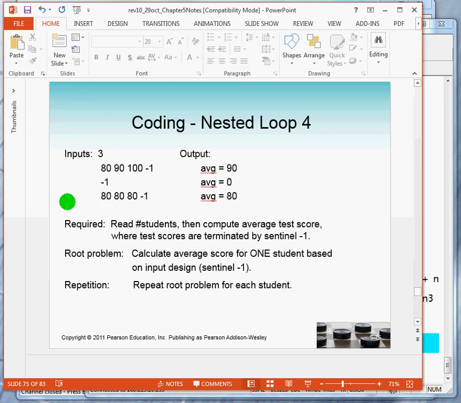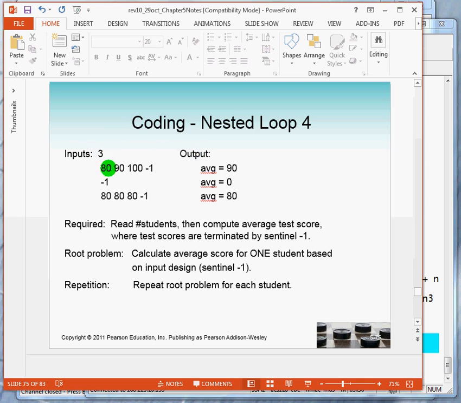Now the last example is a little different because there's nothing magical about for loops. I can nest any kind of loop inside of another loop. Now let's look at another problem that we have. And I need you to visualize. The problem is